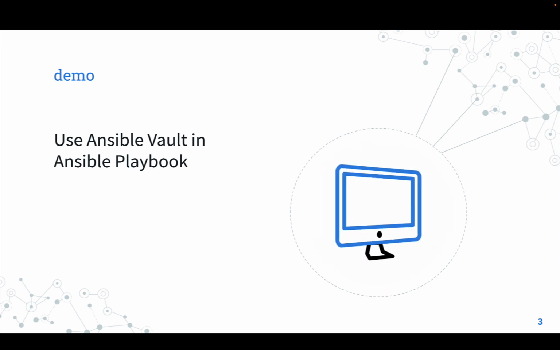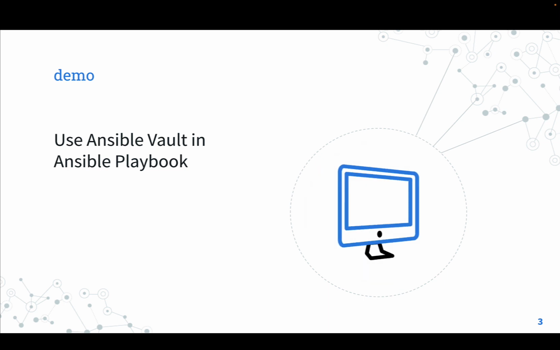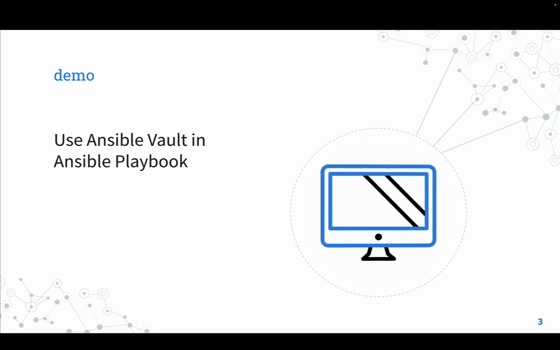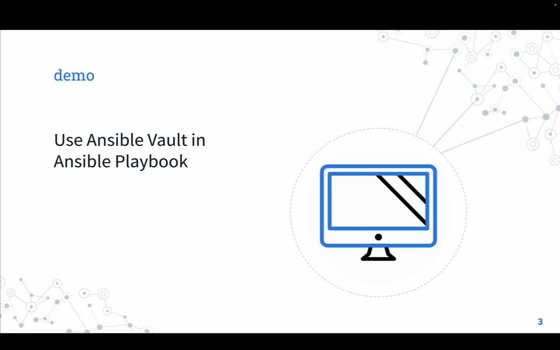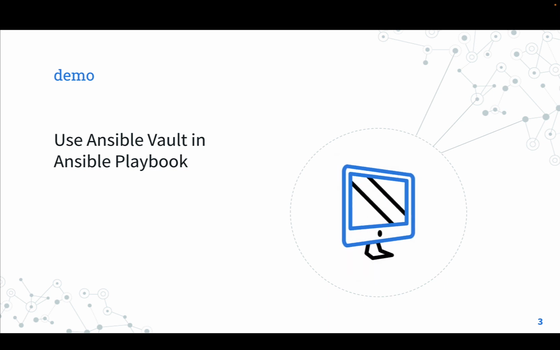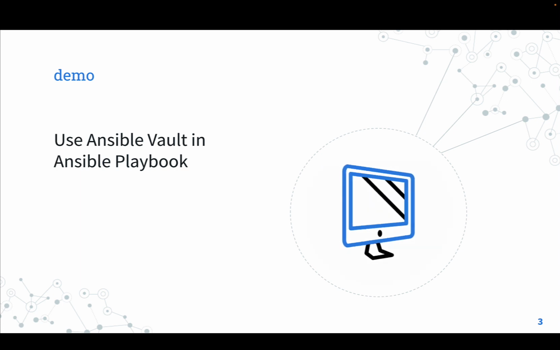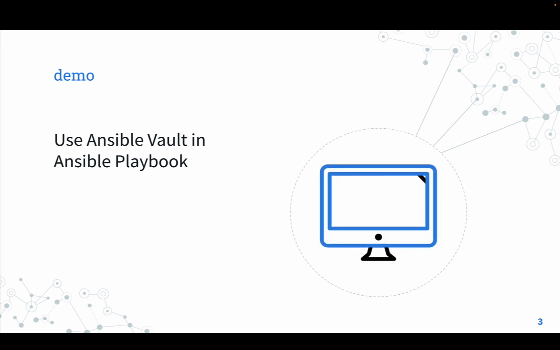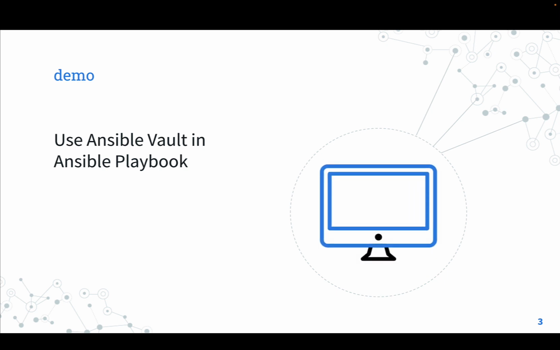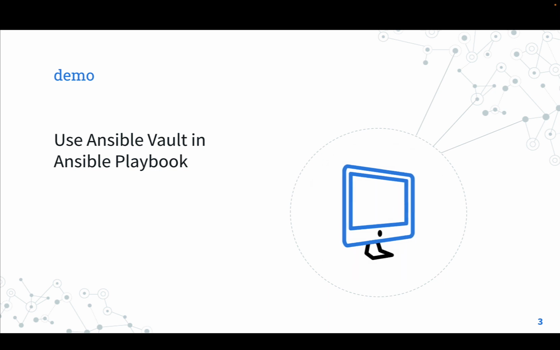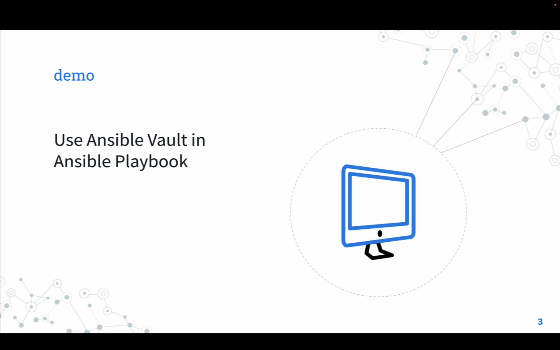In the real world, you can use the variable with any Ansible module without printing it on screen. And you probably would like to use more than one vault to store your passwords. But this is a more advanced topic. Let's focus on the basics: one Ansible playbook and one Ansible Vault. Are you ready? Let's move to my editor.